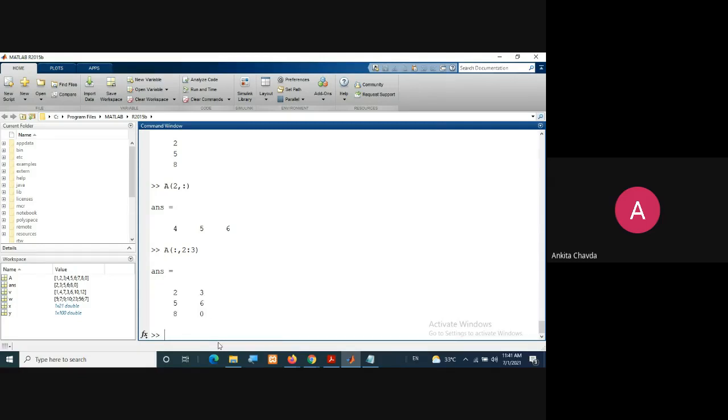Or if you wish that for all the columns you want only the first and second row, you can write it like this: first to second, only two rows but all the columns. So you will have this. Try a different pattern like this.